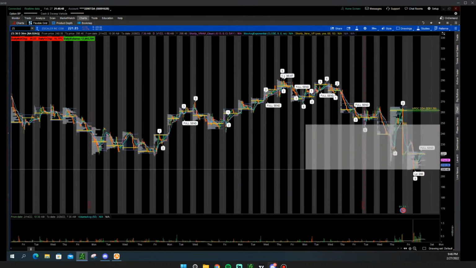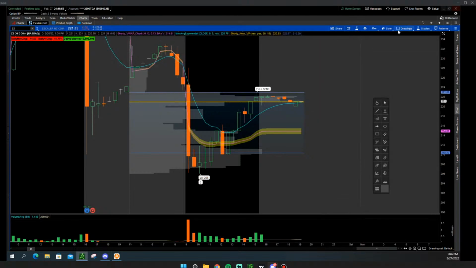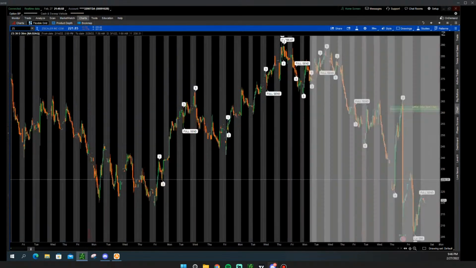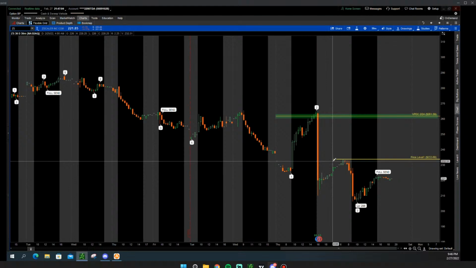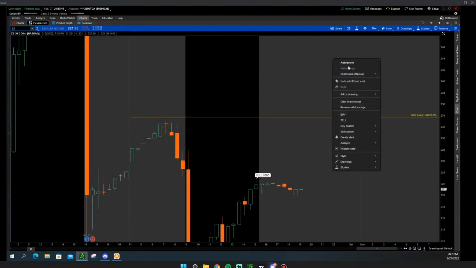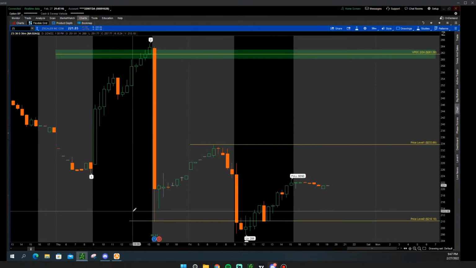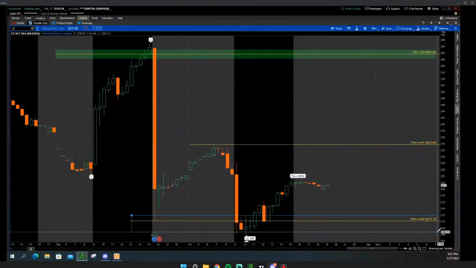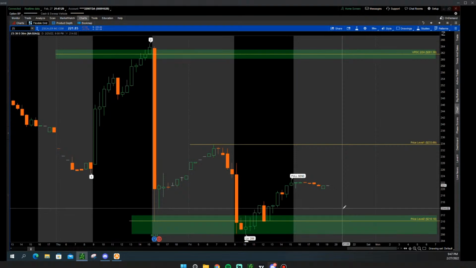Where could it bounce? So it has a demand zone here. If we just take off everything and keep this, this would be your break of the structure here. And then you have a lower structure here. And then here's your demand zone. You guys see that big old candle right here? So this is your imbalance, meaning it just kind of took off once it came back to this level. I would expect it to come back here, and then what your reward would be